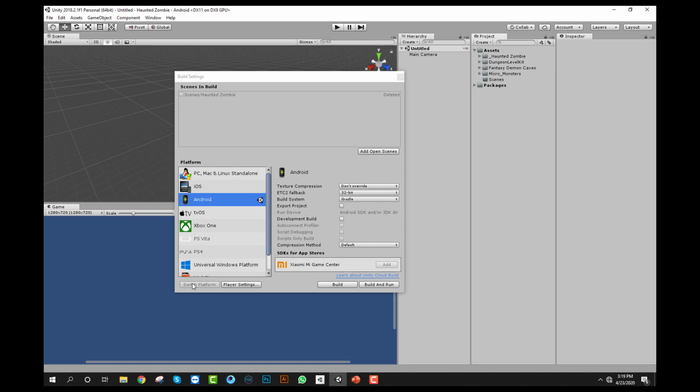Okay, it's done. The platform is switched to Android.